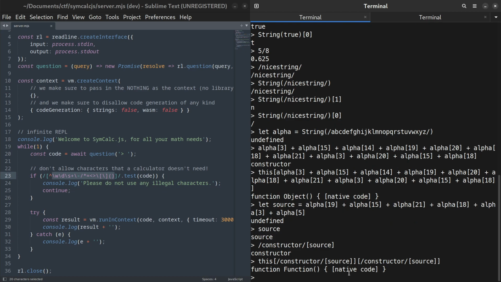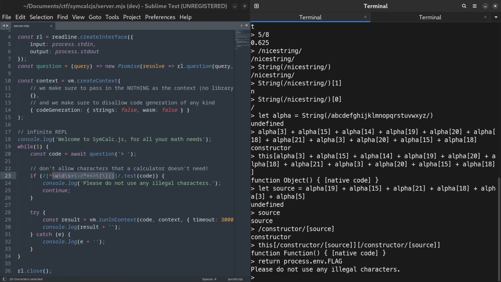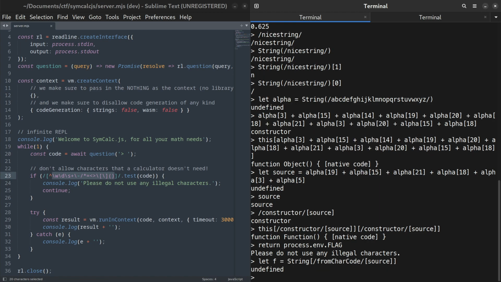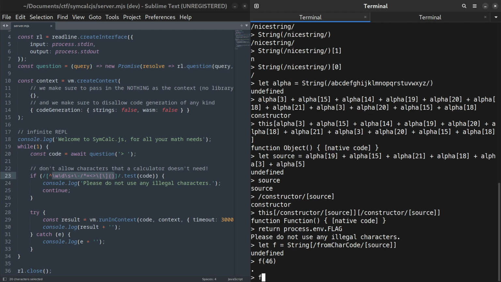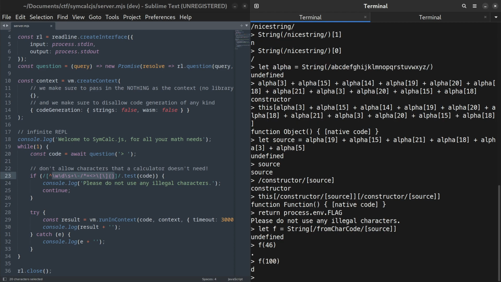The only hurdle left, then, is to figure out how to create the payload string. The main issue here is that the payload string contains characters that we can't type, namely the period. To solve this, we can use the function String.fromCharCode. This allows us to write any character as its corresponding ASCII number. If we store this function in the variable f, we can concisely create a string with any character, including ones that we can't actually type. For example, f(46) is the period character. f(100) is just the letter d.